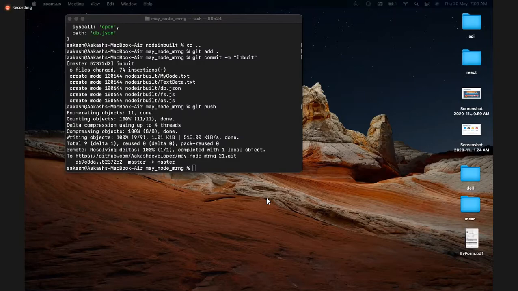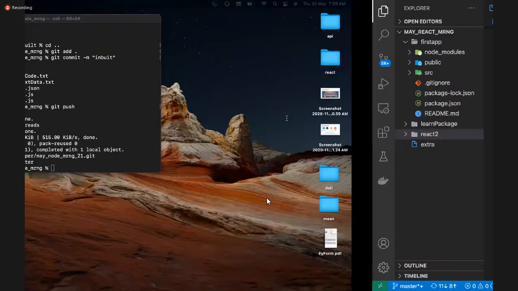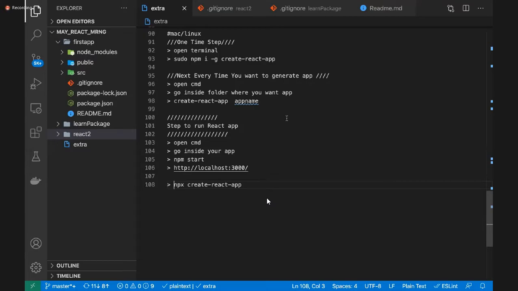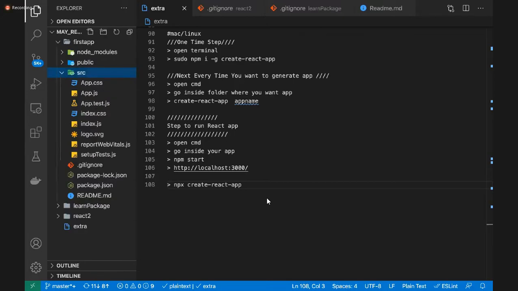So how does it look? Let's go back and walk ourselves through the folder. This is a folder, guys, that got created last time, correct? Now in this folder, I'll open this src folder. Src stands for the source folder, guys.